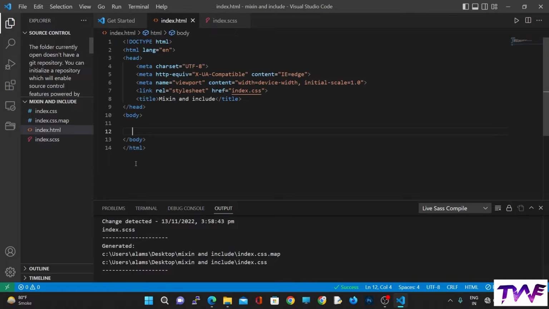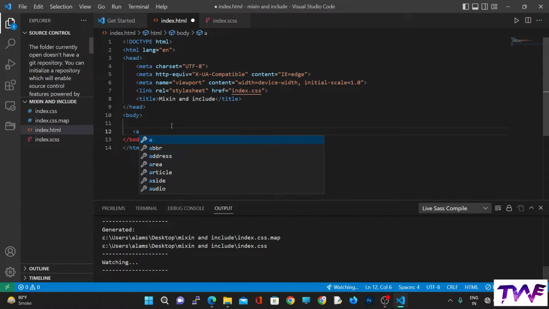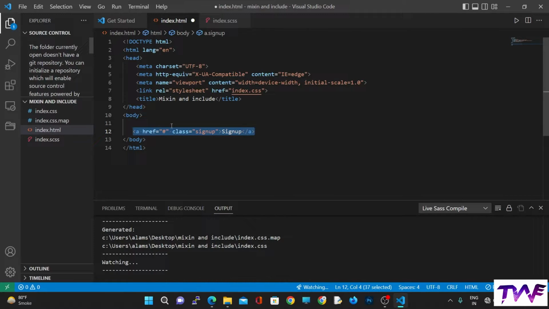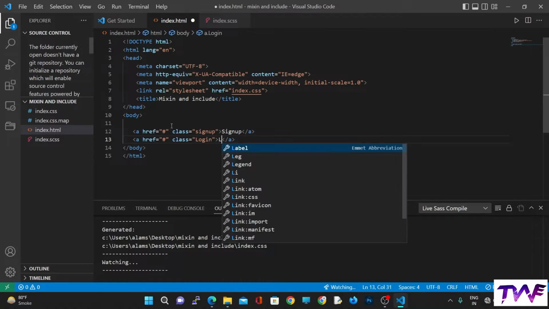Let's save the file. Let's say we are taking an anchor tag and we are providing the reference as hash. Let's provide a class and the class is sign up. Let's write sign up. Let's copy this tag from here and paste it here. Let's provide the class as login. This is login,